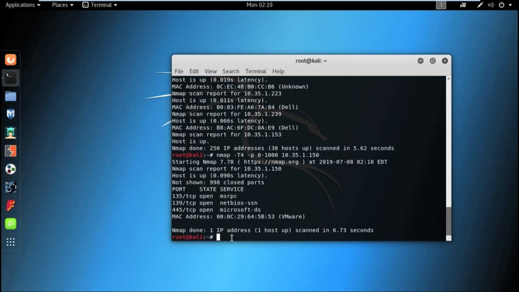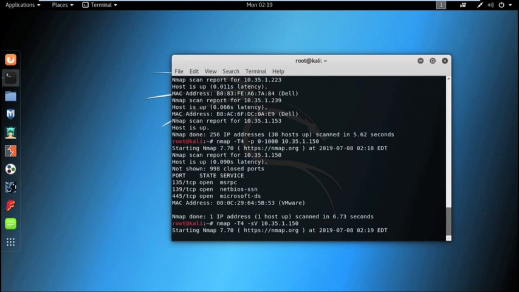Now, let us perform a service scan using Nmap. Nmap, then timing option maybe T4. Then for service scan we use the option -sV, then the IP address 10.35.1.150. It basically lists all the services running on the target machine.